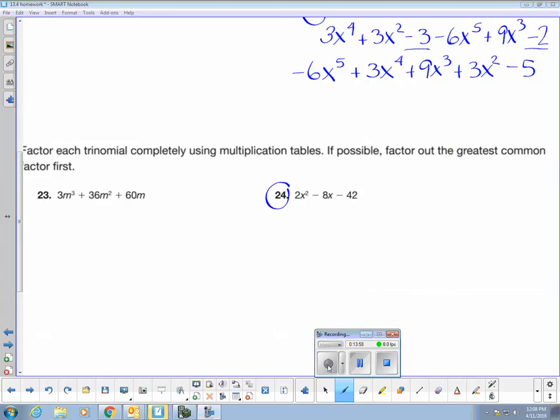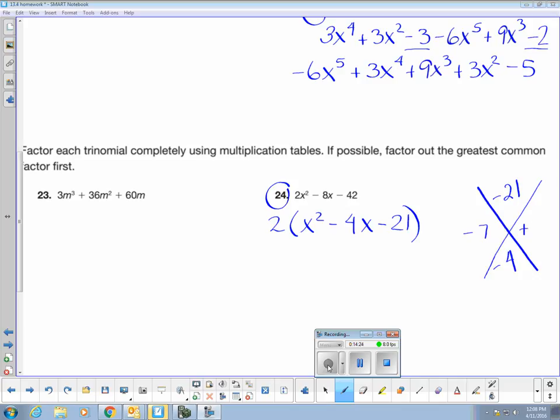And finally, number 24, to factor this trinomial, I'm going to first begin by taking out the greatest common factor, which is 2. Looking for two numbers that multiply to negative 21 and add up to positive 4. Negative 7